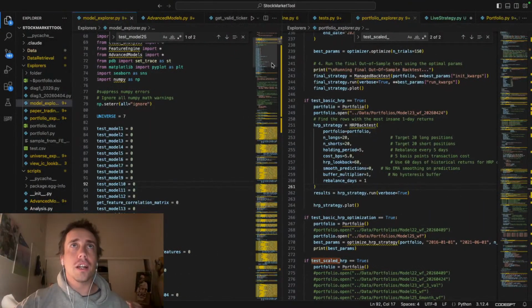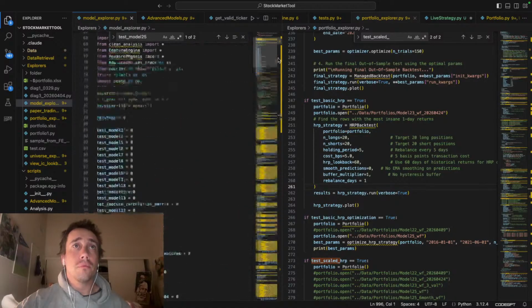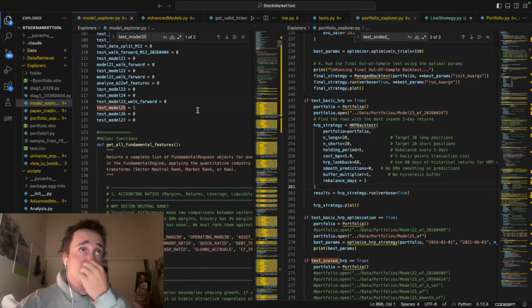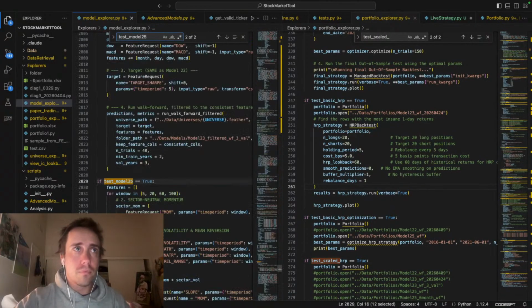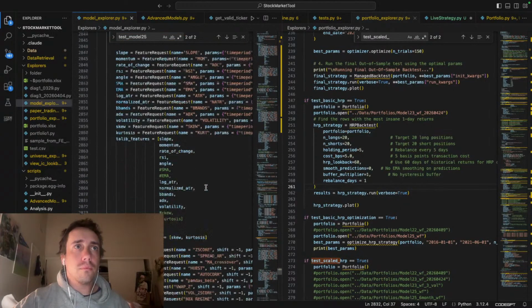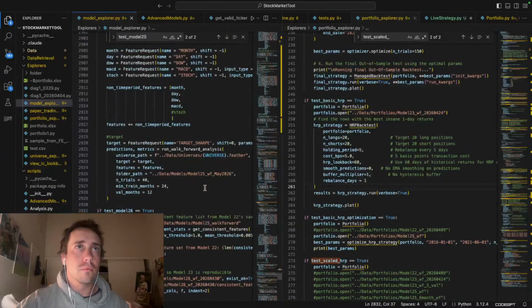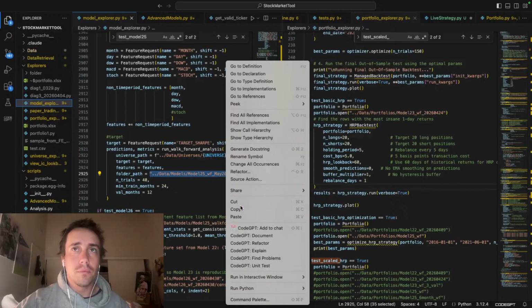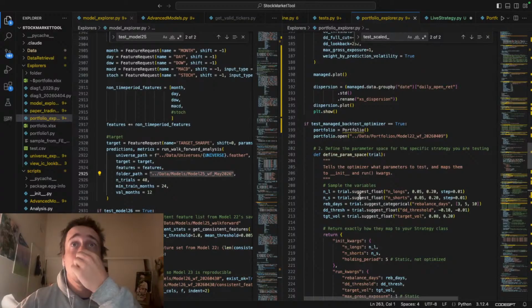So let's get that. Model Explorer. Test model 25 is what we're getting. Okay, so this is the path for the model. And let's get walk forward portfolio.